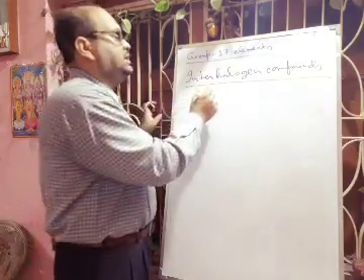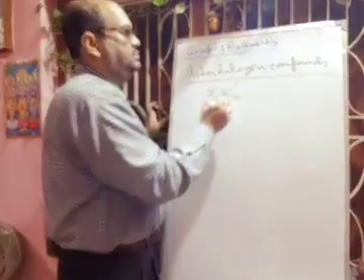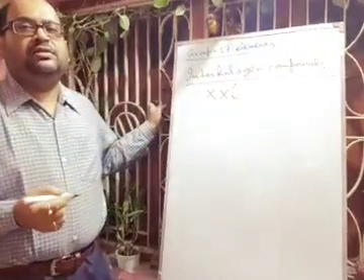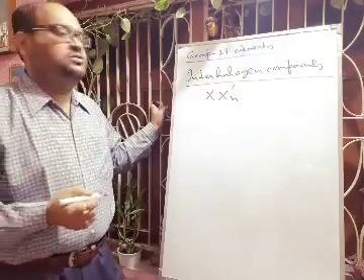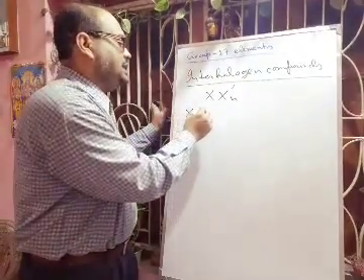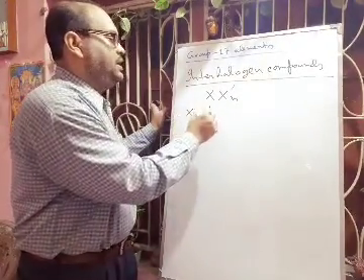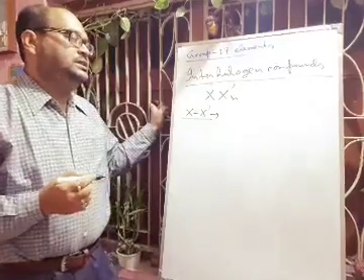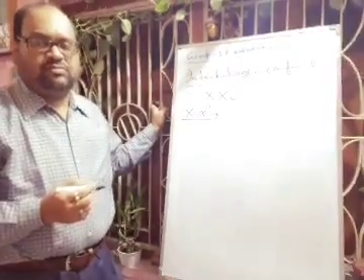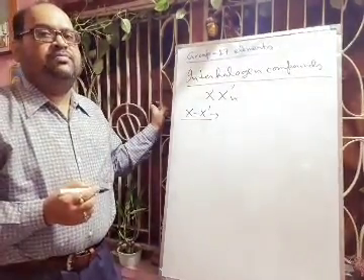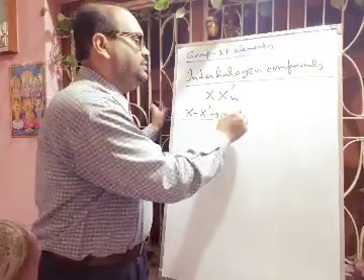Their general formula is XX'n, where n may be 1, 3, 5, 7. So the first type will be the XX' type. These are actually diatomic molecules, and examples we can give like ClF,